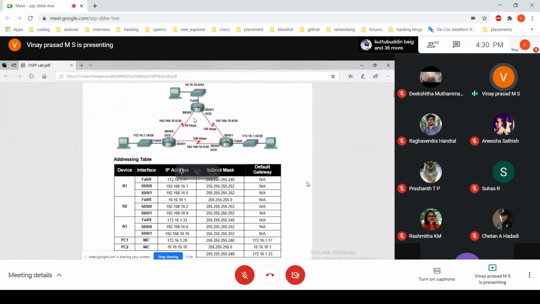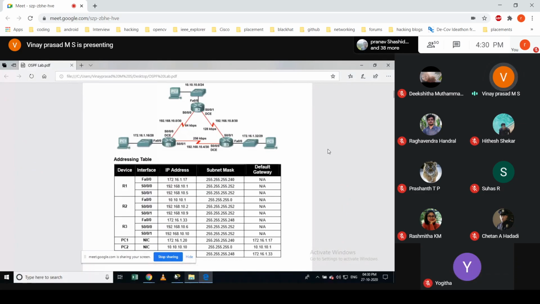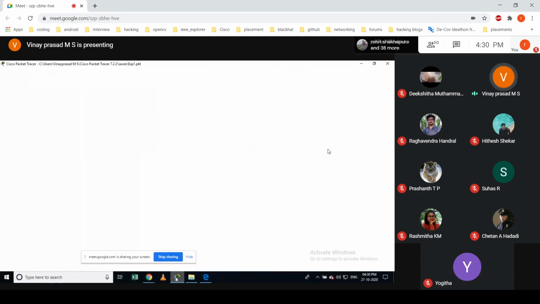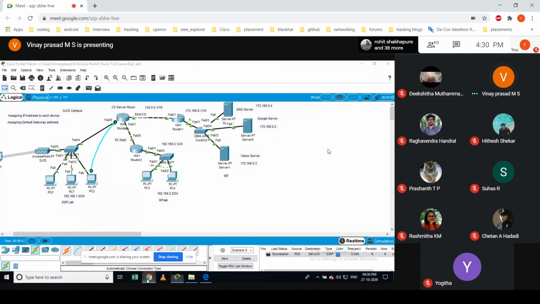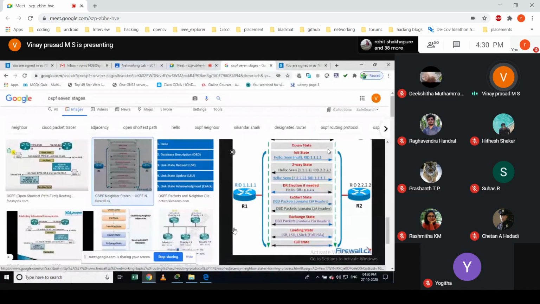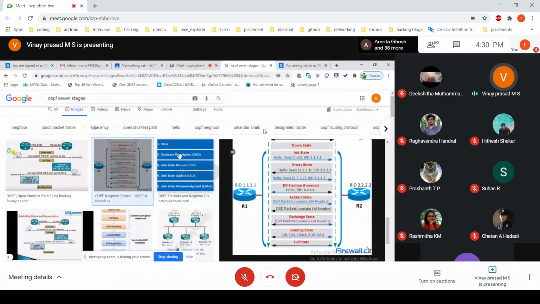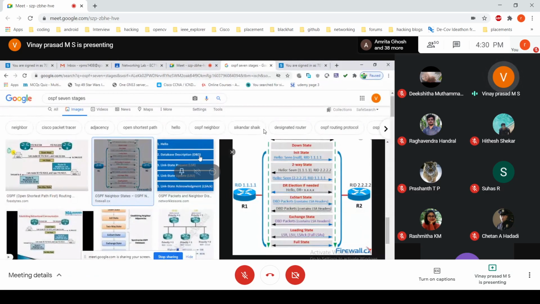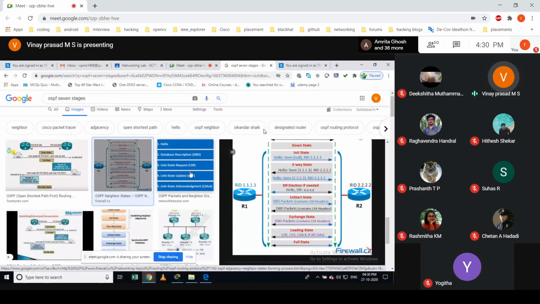You should also know this, because it is essential when you do troubleshooting, when you are not able to ping if you have configured OSPF. You can see the acronyms, like the database description, link state request, link state update, link state acknowledgement, and so on.